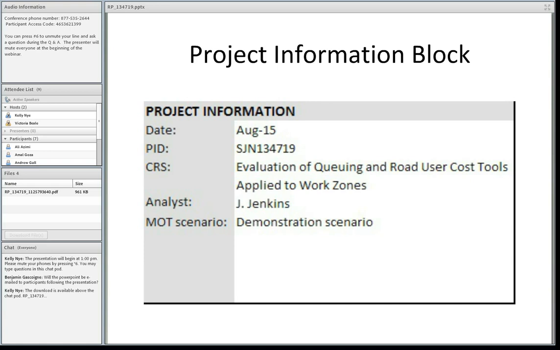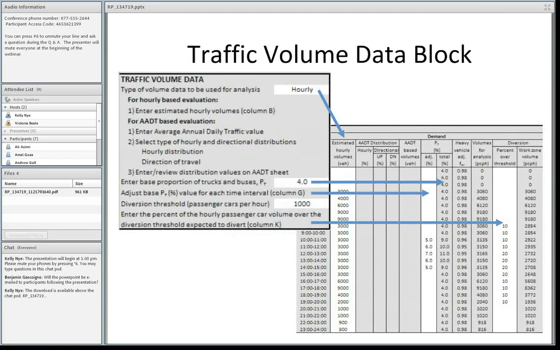The traffic volume data block has the functionality to use either hourly or AADT information. If hourly is selected, basically all of the white cells are where you can add data into the spreadsheet. So if hourly is selected, that allows the user to input estimated hourly volumes for each of the 24 hours. The user then also selects a base truck percentage, but also has the option to vary that percentage by